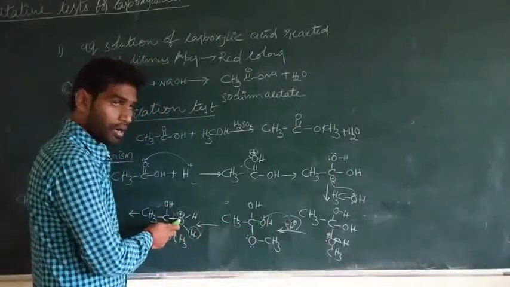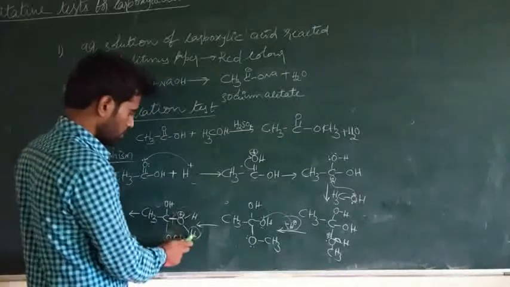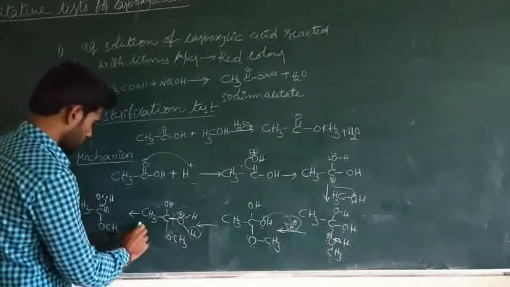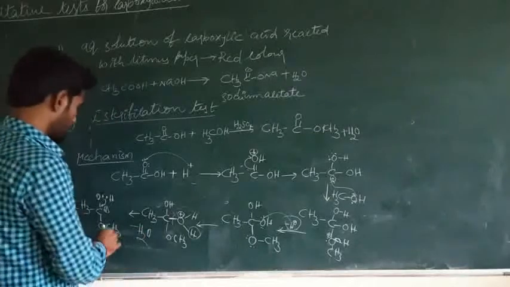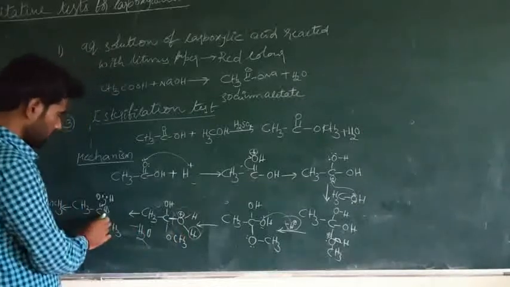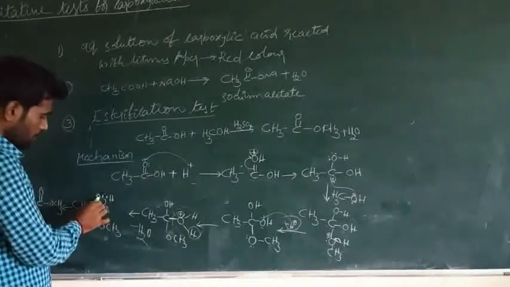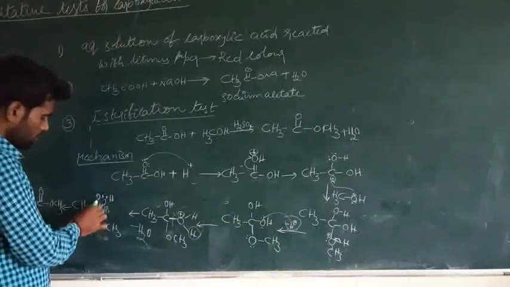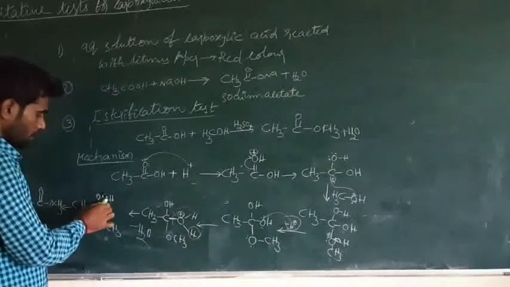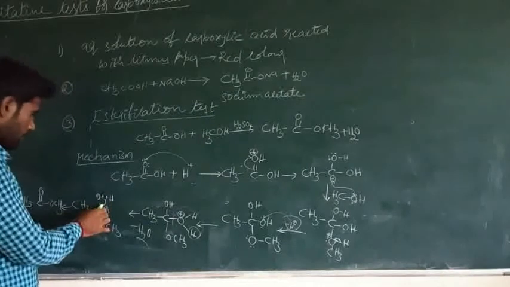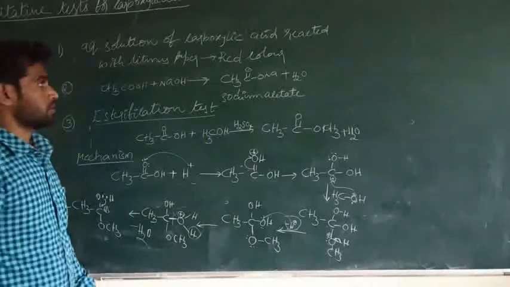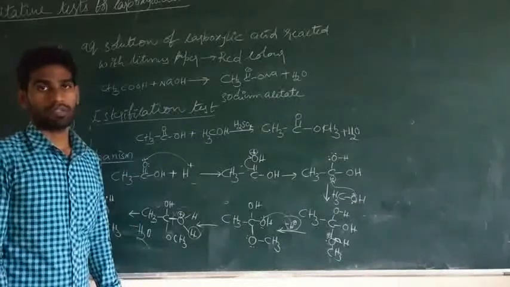OH2 plus, and oxygen is getting the positive charge, and this molecule is eliminated as H2O. The bond between the carbon and oxygen is broken, and the carbon is getting the positive charge. Here oxygen, due to positive charge, takes electrons from the hydrogen atom, and a double bond is formed between the oxygen and carbon atom, and formation of esters takes place. This is the qualitative test for the carboxylic acid.